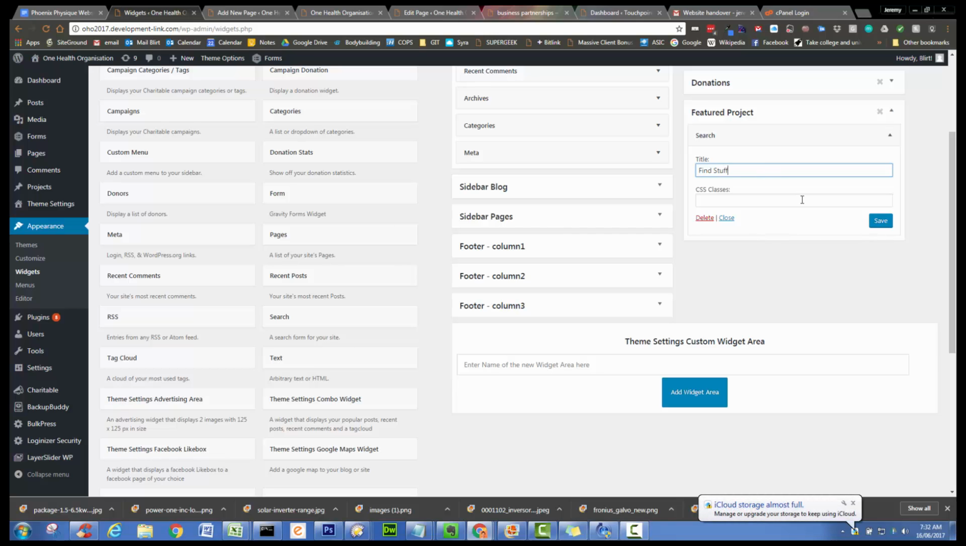By default, I've installed the extension that lets you add CSS classes to these widgets. It's just a little extension, pretty cool. So if you need a dynamic class that you can then reference in the theme settings, whack it in there. But we'll save that widget,